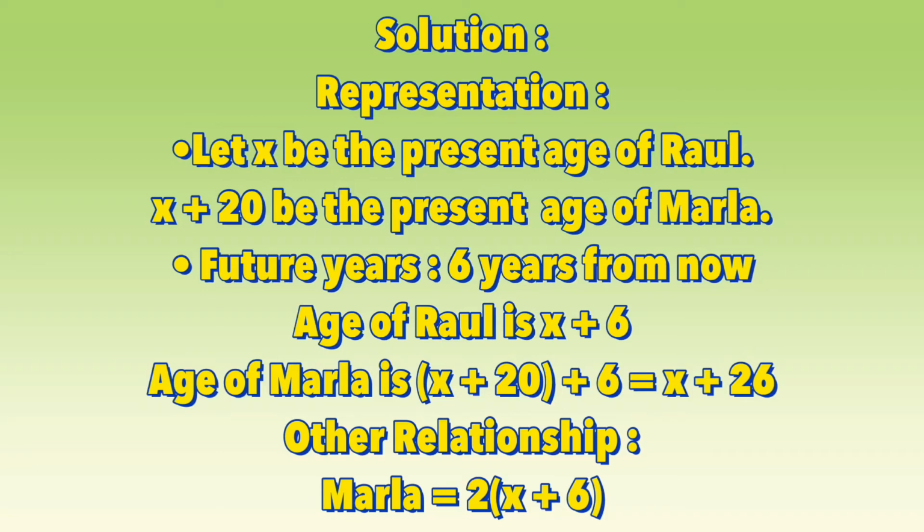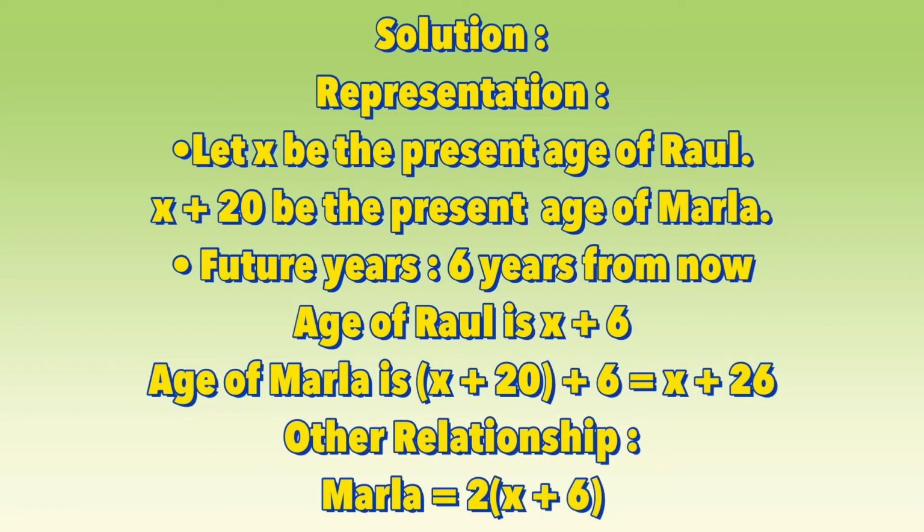Okay, so our Marla equals 2 times the sum of x and 6. Our equation now is x plus 26 equals 2 times the sum of x plus 6, and we're going to solve it. It becomes x plus 26 equals, we will use the distributive property, 2 times x equals 2x, and 2 times 6